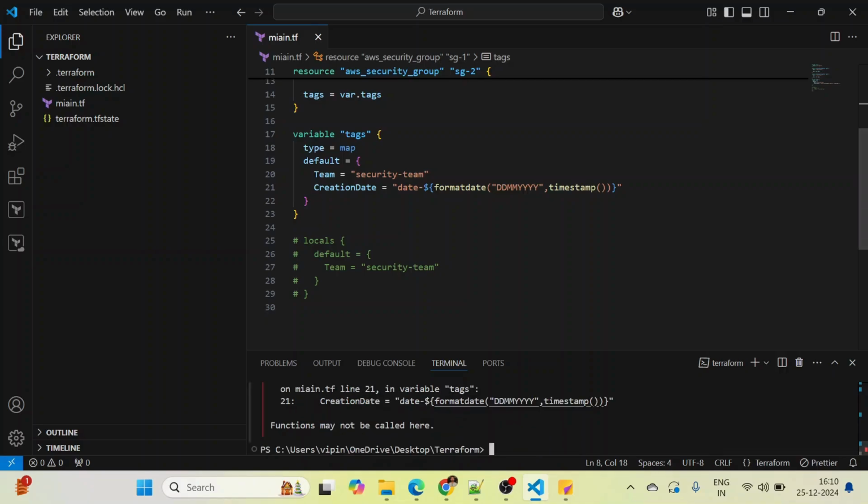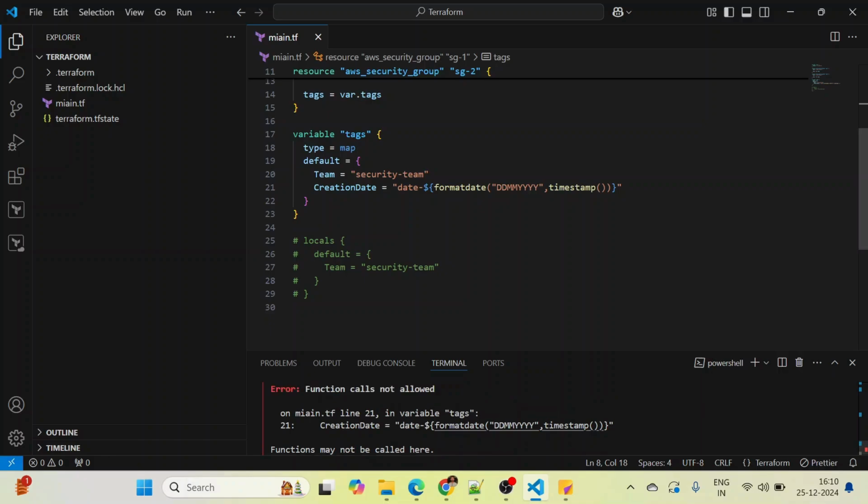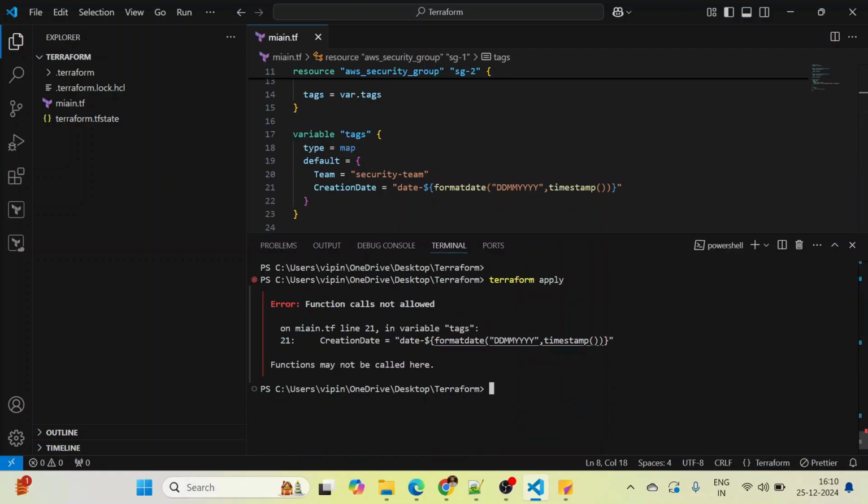Okay, you can see here, let me expand this tab so you can see clearly. Function calls are not allowed on main.tf line number 21, right? We are calling the function inside the variable, and that is not allowed behavior in Terraform. The function may not be called here. Whatever function we are calling, that is the formatdate and the timestamp function, under variable is not